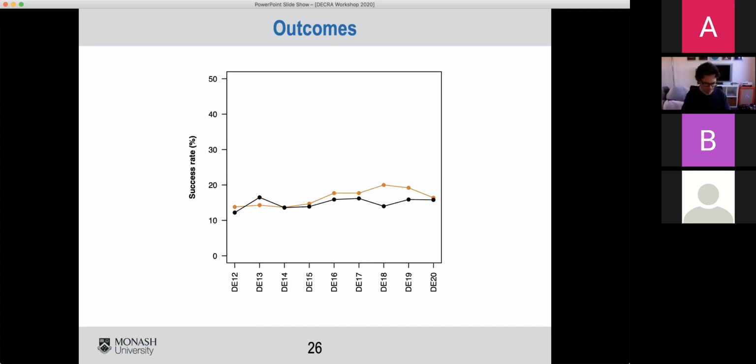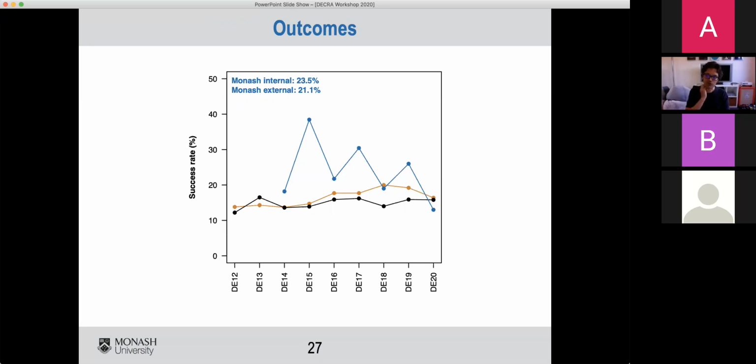So we now come to thinking about the challenge that you face. These are success rates for male and female applicants through to the DE20, so one round ago. And they hover basically around 15%. So the chance is always that across the country, it's a very difficult scheme. It's better than in a lot of other countries in terms of the equivalent schemes, but it's still challenging. A good piece of news for those of you here is that Monash often bats above the national average. So we tend to hover around the 20s, mid-20s.